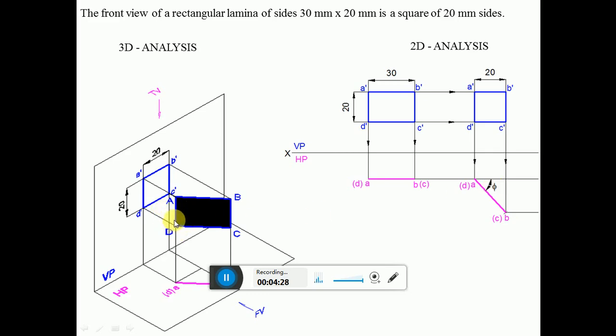This is the distance of 20 and this is the distance of 30 when you are looking perpendicular to the direction, because the surface is already rotated. But we are actually looking perpendicular to this vertical plane, so whatever length you have here will not be there, and that will be 20 mm as given. So you have 20 mm here. When you look from the top view, you get the true length, which is the 30 mm. We have written here that 30 mm is this, so from that 30 mm you get this as 30 mm also. Next.